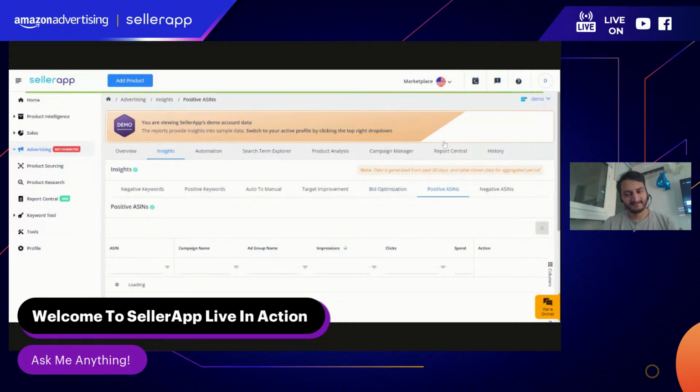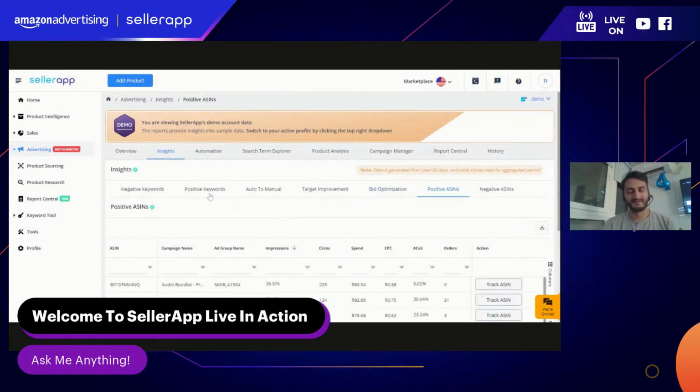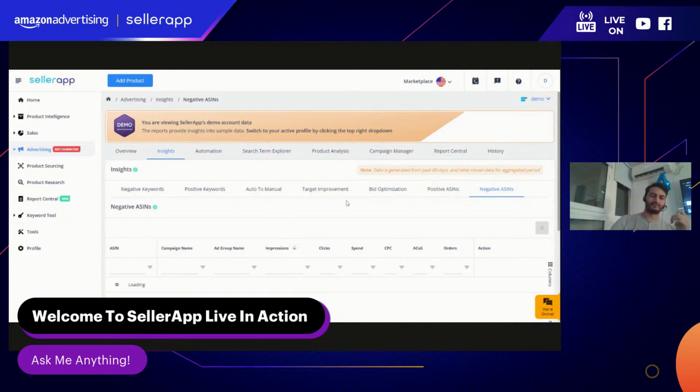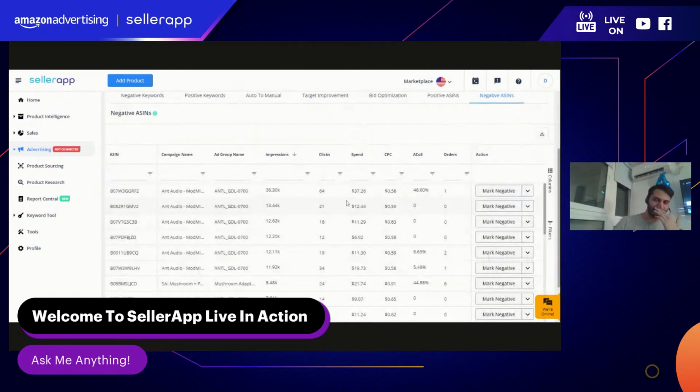Then the positive and negative ASINs is similar to the positive and negative keywords. This is at an ASIN level. So your products will be showing. These are the ASINs where you are putting your ads, right? So your ads might come as a sponsored product, or whatever kind of ad it is. But this is analyzing the performance of your ads on a particular ASIN, right? And if it's not performing well, it will show up in the negative ASIN, and the data will tell you